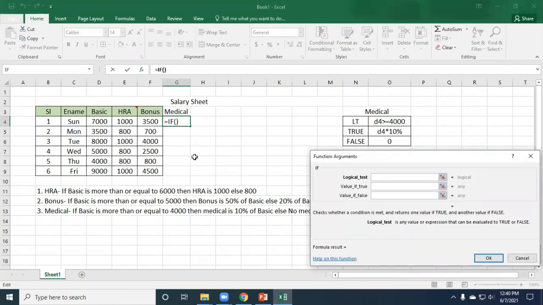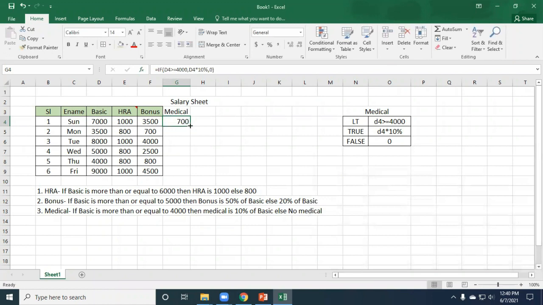If basic is greater than or equal to how much? 4,000. Condition same. If true, then basic into 10%. If false, no medical means 0. Just double click.